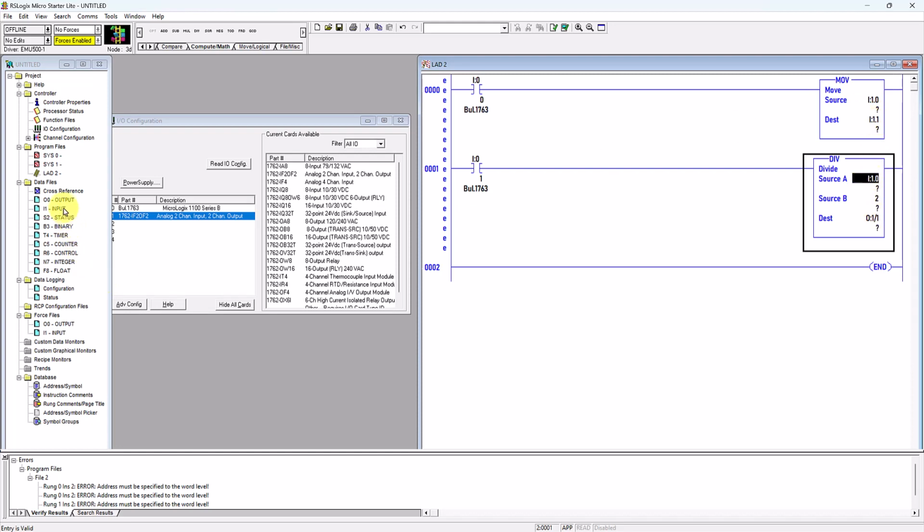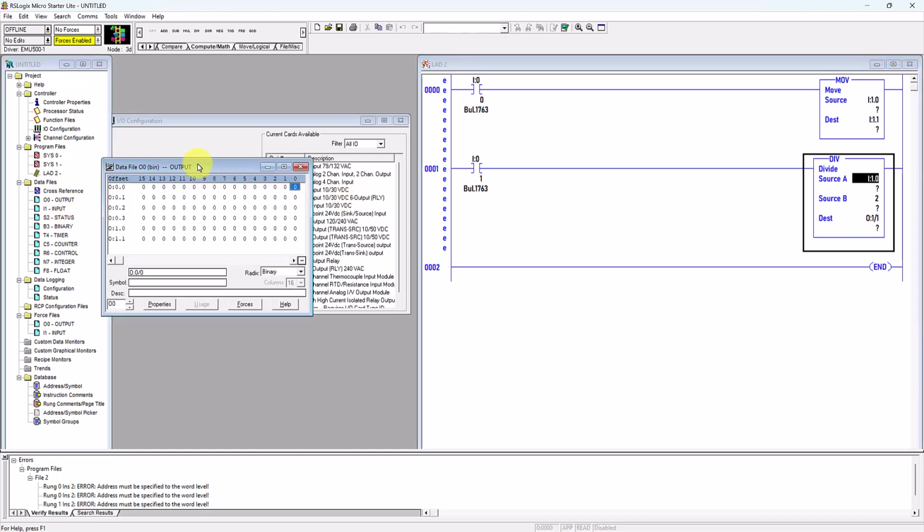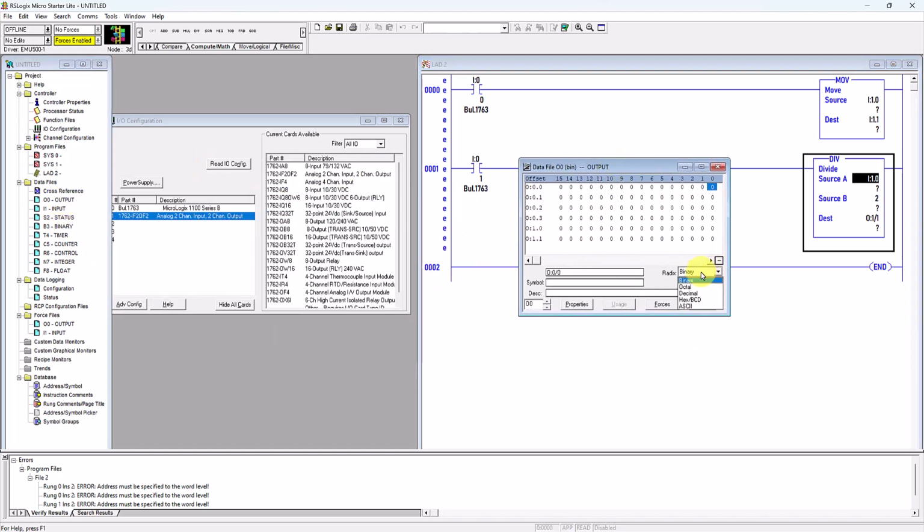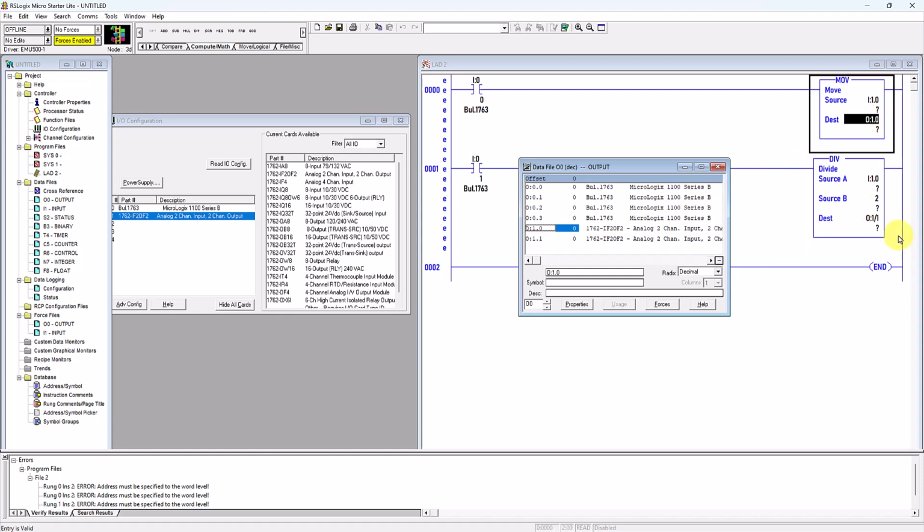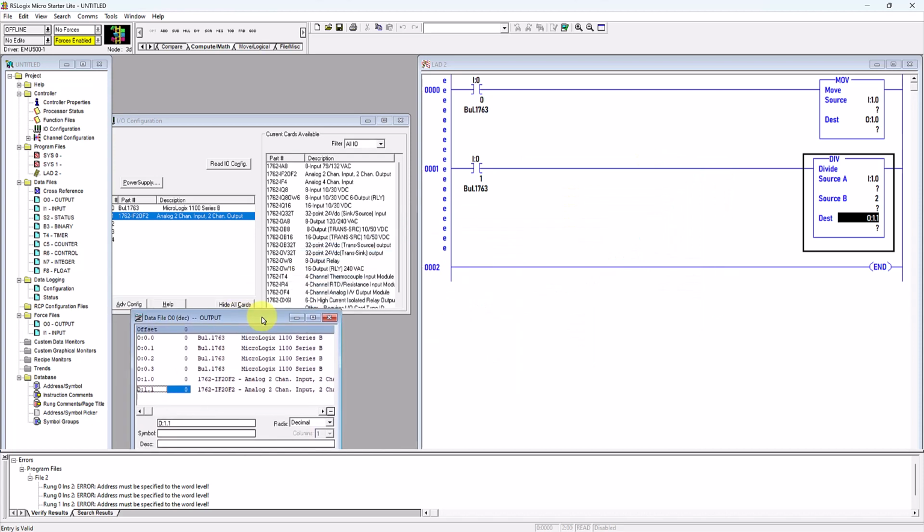oh sorry, this output, then I set the radix to decimal. Output should be this one. Okay, and then this one set to here. Okay, all right. Okay, compile one more time